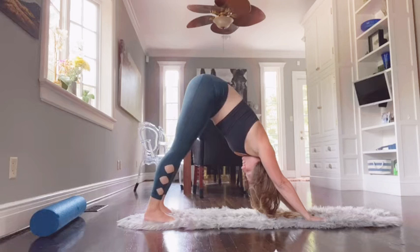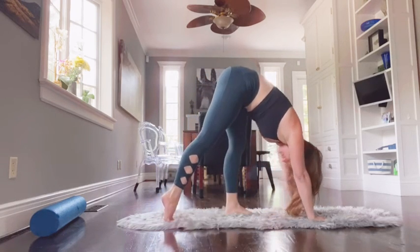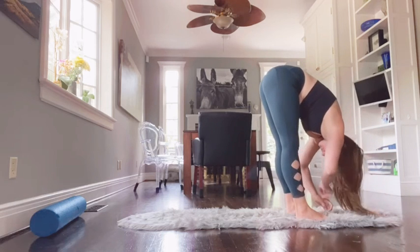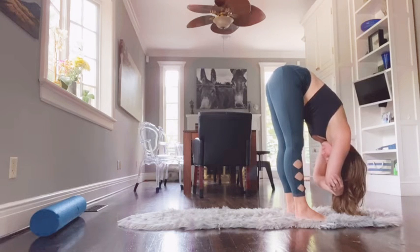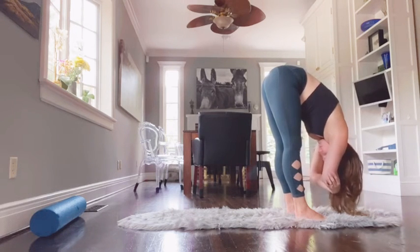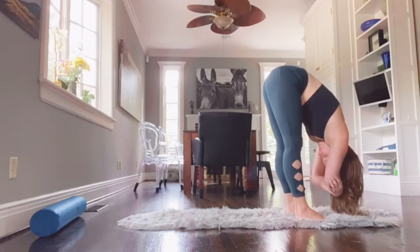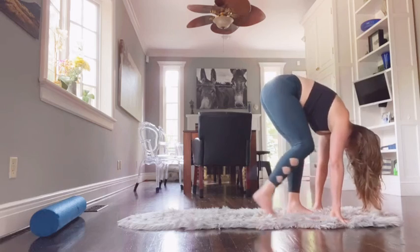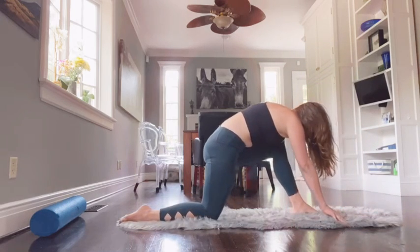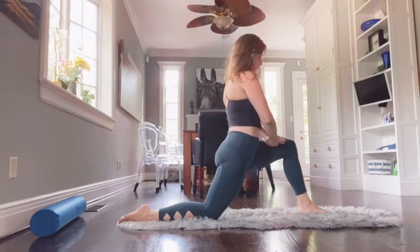Inhaling and exhaling, preparing to flow on the other side now. When you're ready, walk your feet up to your hands into our forward fold. And this time maybe you shake your head yes or no. Grab your wrists or your elbows so you feel the length, perhaps less of a bend in your knees, more balance, stability. And then taking our low lunge, this time with our left leg front, sliding our right leg back,